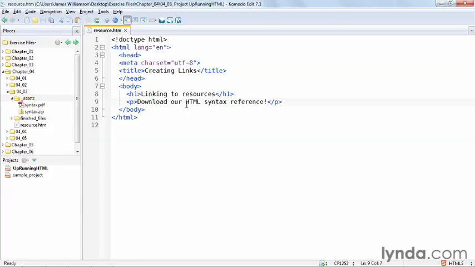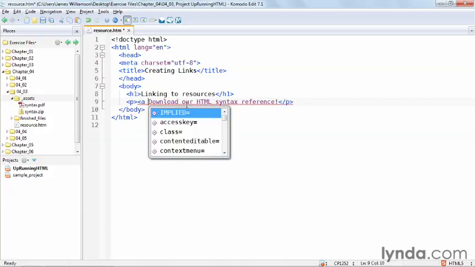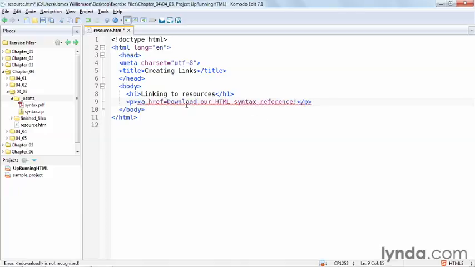Okay, so the first thing I'm going to do here is create an anchor link. And I'm going to start with the href attribute, and I'm going to point that directly to the zip file. And to do that, we have to go into the assets directory. So I'm going to do _assets. So remember, we still have to resolve that link. And here I'm going to do syntax.zip. And then remember to close the link tag. So really, that's nothing that we haven't done already. It's just that instead of pointing to an HTML file, what we're doing is we're pointing to, in this case, a zip file. So if I save this and then preview this in my browser,